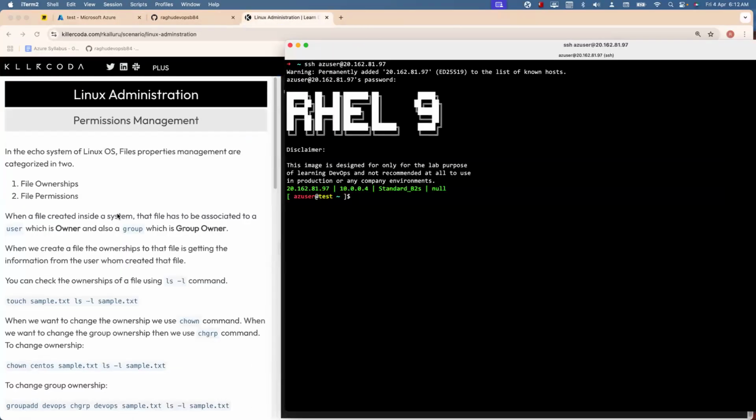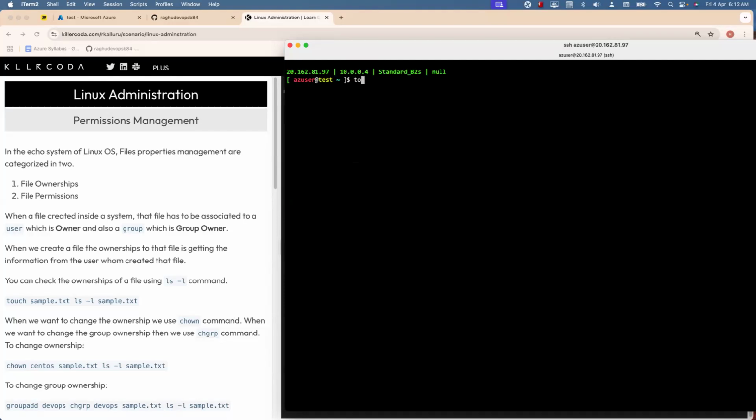Okay. So today we're going to talk about how we deal with file permissions in the Linux ecosystem, or Linux operating system. Now, file properties come in two ways. One is file ownership, and the second one is file permissions. Now, whenever I try to create any file, so touch, let's say sample. Now, ls -l, automatically it is going to give us